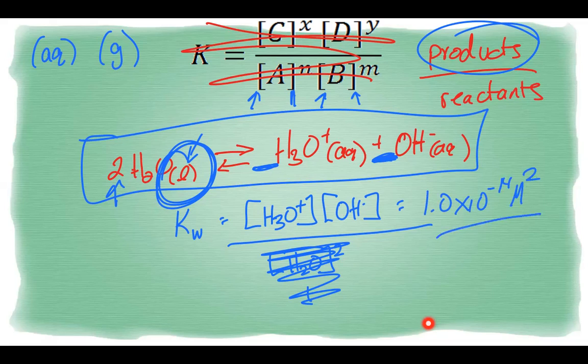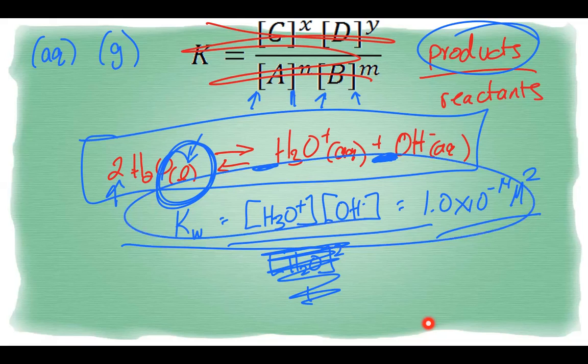Does that sound familiar? It should, because that was the basis for calculating hydroxide and hydronium concentrations in acids and bases. And then we used the logarithm of the concentrations to find pH and pOH. This all stems from equilibrium chemistry. So that's where that comes from: products over reactants raised to the power of their coefficients,